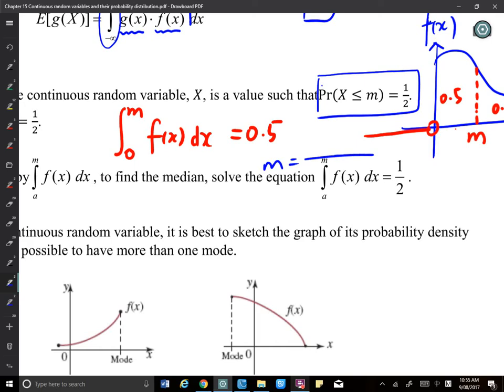Okay, not even the method mark. Even though you give me a wrong answer, if you follow some correct procedure, if the method looks correct, I know what you're trying to do, you still get the method mark and you lose the answer mark. If you just write the answer, you lose 2 directly. If you show me something, you get 1 method mark. And that's only 5 seconds to write that. Okay, so make sure